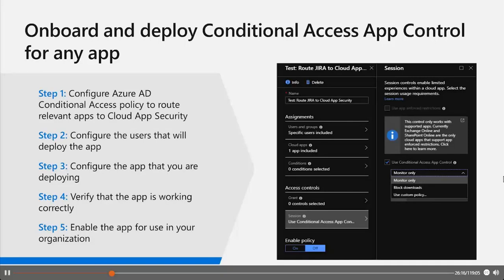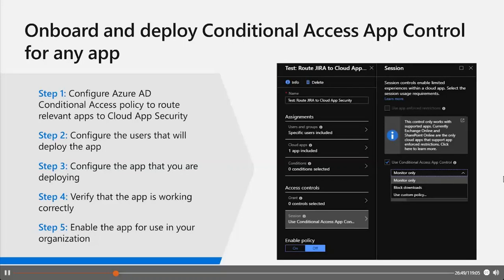We do the following. In the first step, we create an Azure Active Directory Conditional Access Test Policy from our Azure portal. Then afterwards, in step 2, we sign into each app using a user scope exactly to this policy. In step 3, we verify the apps that are configured to use the access and session controls. And simply the step 4 is to test the deployment and to verify that everything works against this configuration of